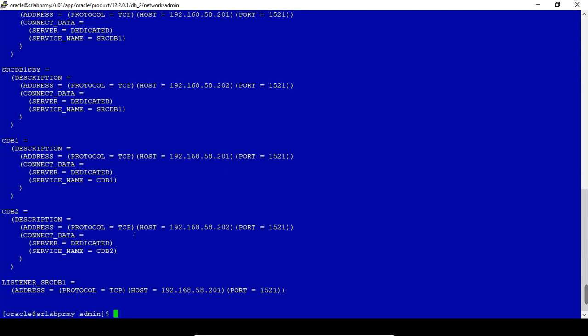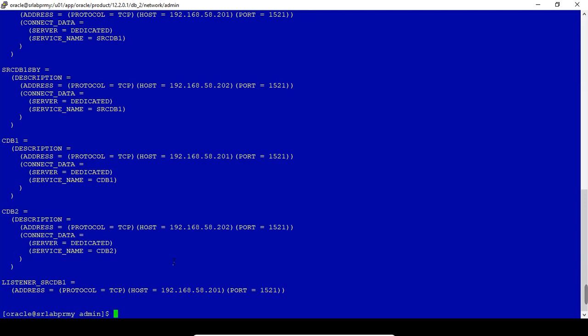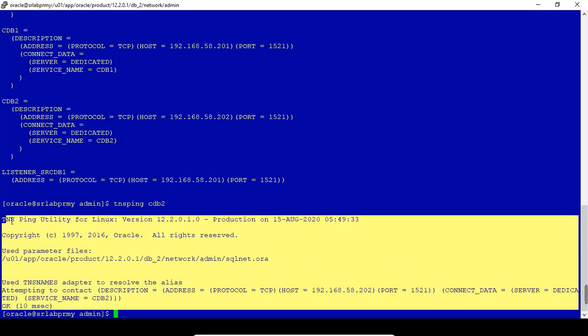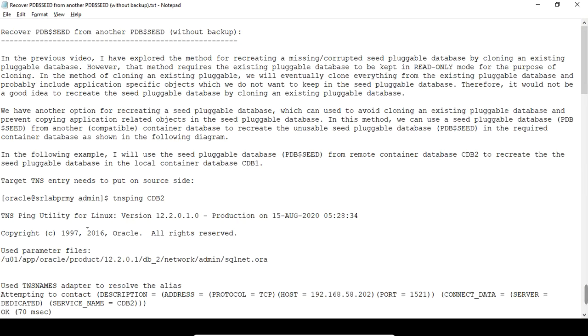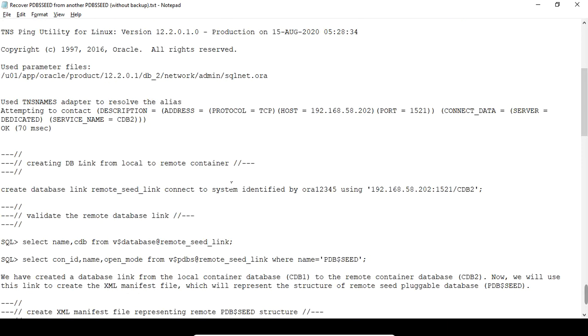You can see here I have already made the TNS entry, so you can run tnsping. It is connected, so it is working perfectly, and we are good to go to the next step. So I made the TNS entry on the source site, I mean the local site, and did the tnsping, and it is working fine.